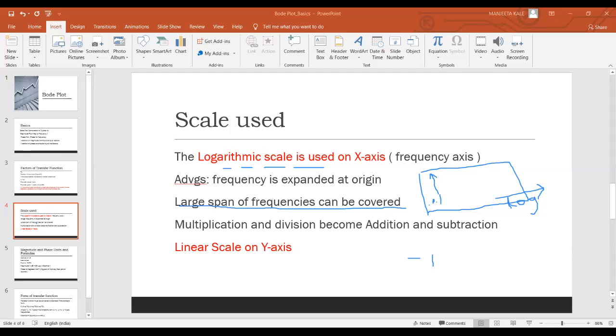And so frequencies are expanded at origin. That means instead of having 0.1, 0.2, 0.3, we directly have 0.1 and then we can have 1. In between we have sufficient space to plot the points, which we will not have if you have linear scale. Okay, so those are the advantages of using logarithmic scale. Logarithmic scale is on x-axis, which is frequency. Linear scale on y-axis, which is magnitude or phase, depending on whether we are using magnitude plot or phase plot. So now